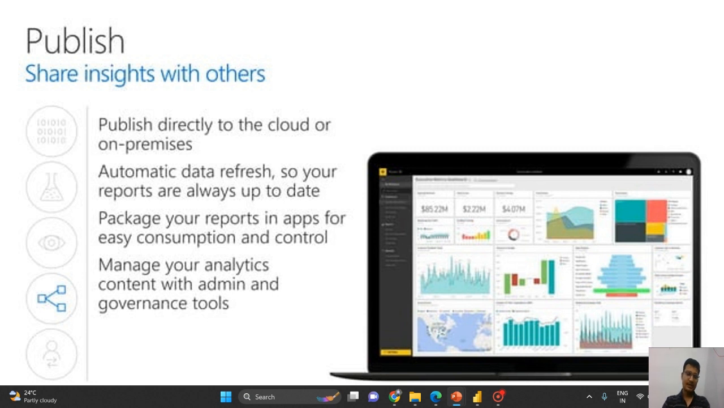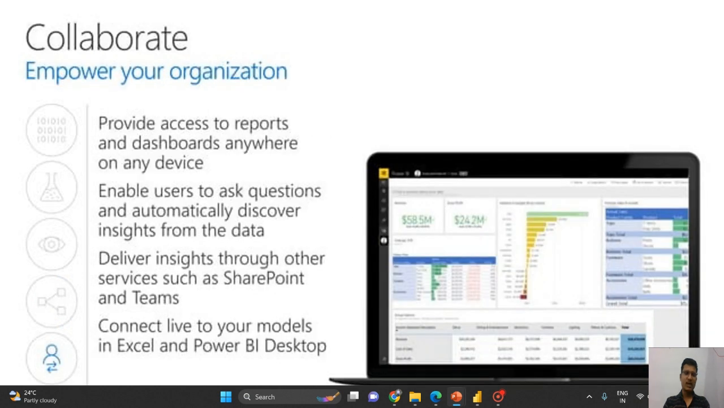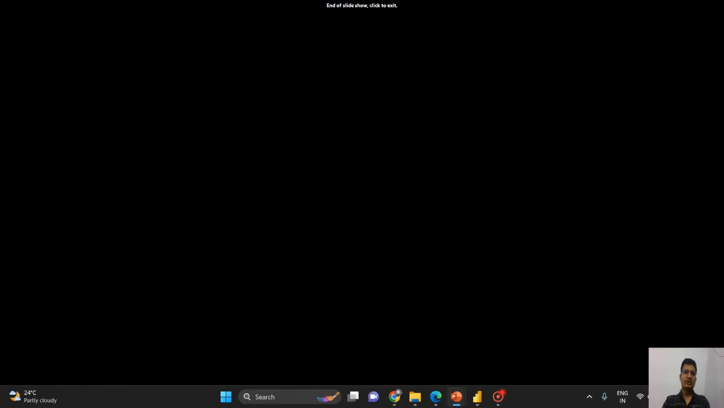We can package our reports and manage our analytics content, admins, and whatever we want. We can collaborate if we have a team, and we can collaborate inside a team. We can enable users to ask questions and automatically discover insights from the data. We can connect live to our models in Excel and Power BI desktop. So that's it for the